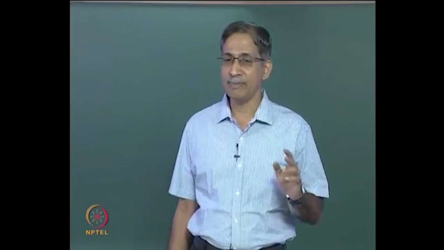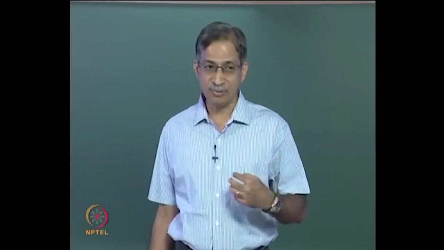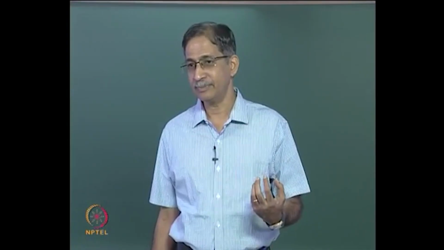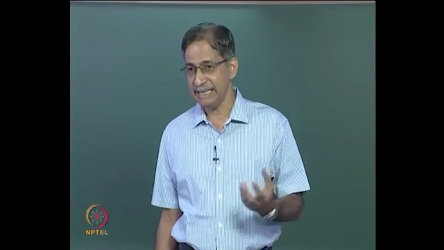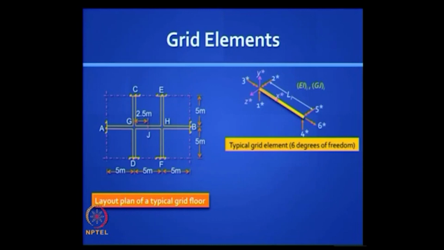The element is assumed to be prismatic with a constant flexural rigidity EI, and a constant torsional rigidity GJ. Later in the next module we will look at the more complex space frame element. In a plane frame element, you have to bring in EA, axial rigidity. If it's a space frame, you have to bring in some more quantities which makes it more complex. But this is a spatial structure because the loads are acting perpendicular to the plane of the grid,